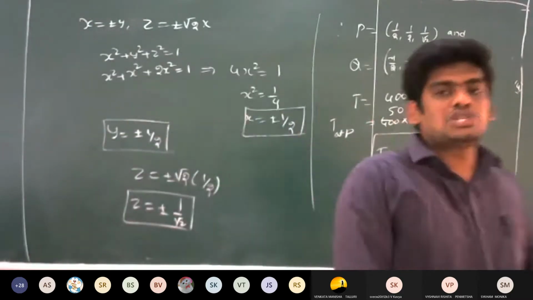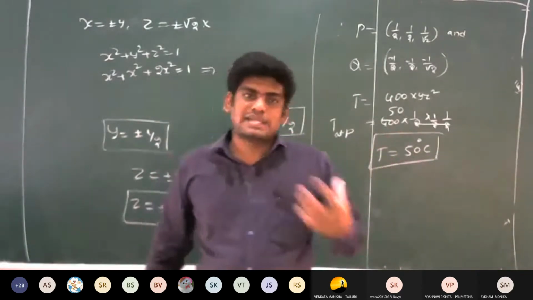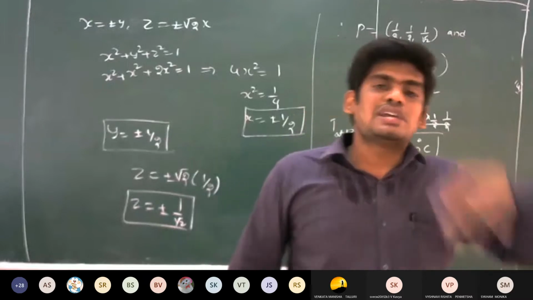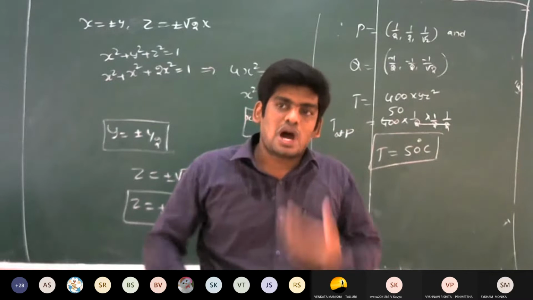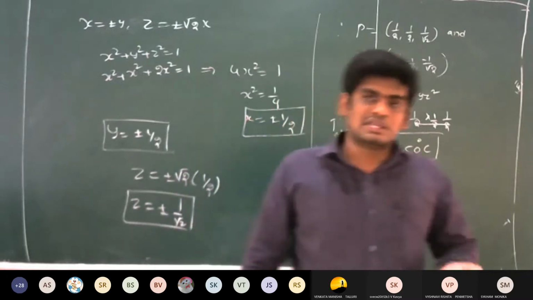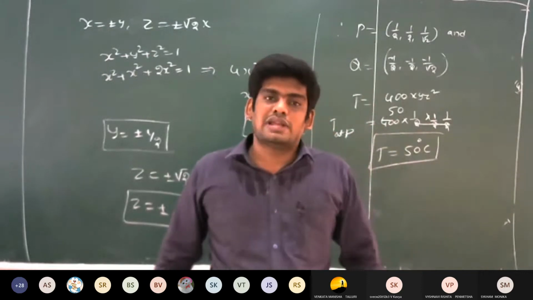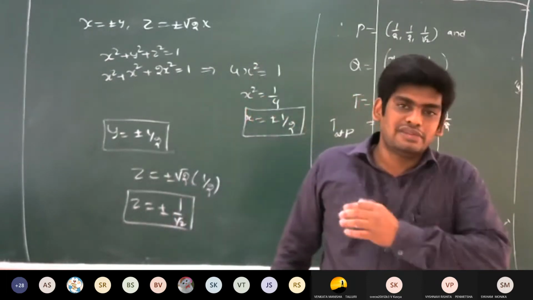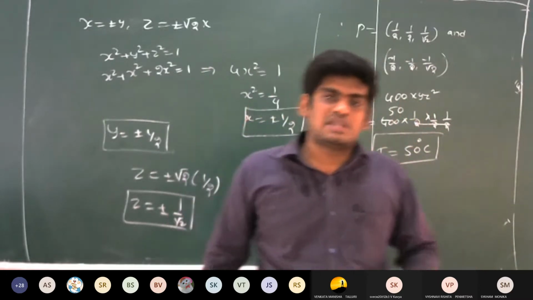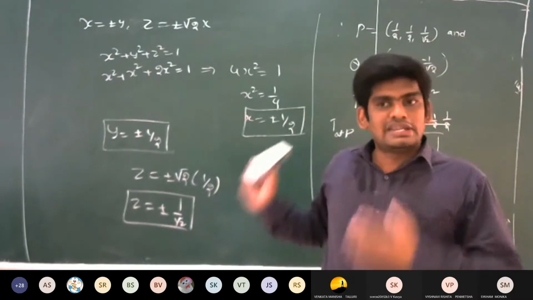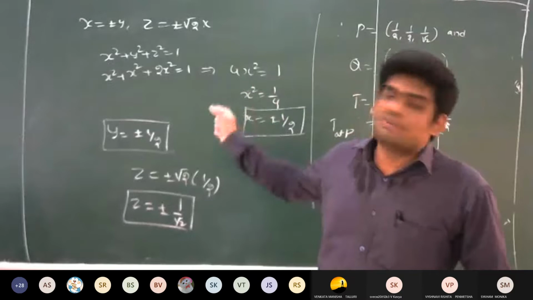So here the thing is just to calculate the x, y, z points, and based on those points you can justify whether at this point the given function has a maximum value or a minimum value. But in the previous method, here we are not going to calculate the second order derivatives, and we will not check whether rt minus s square is less than 0 or greater than 0, like that. So it is a different method. Based on the constraint equation, we are simplifying the given problem.